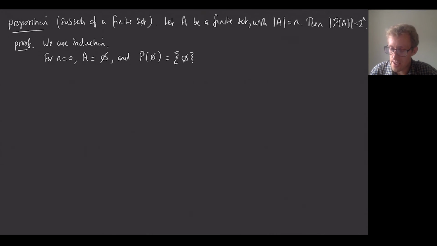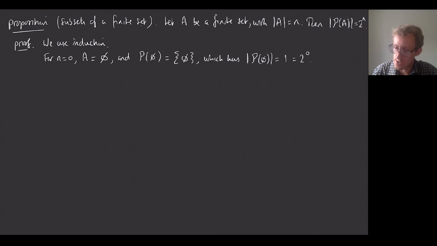And that has cardinality 1, because we can get rid of the one element and then we're left with the empty set. So this set itself is not empty, but if we get rid of the one element that's inside it, then it will be empty. And according to the definition, that means that this has cardinality 1. So the cardinality of the power set of the empty set is 1, which is 2 to the power 0, which is what it needed to be. So the proposition is true for n equals 0.